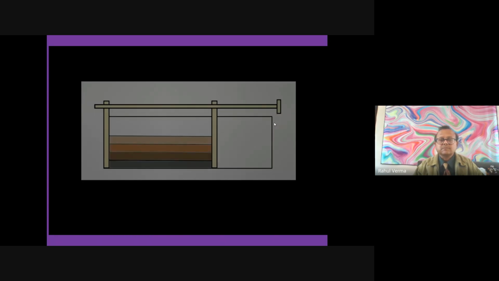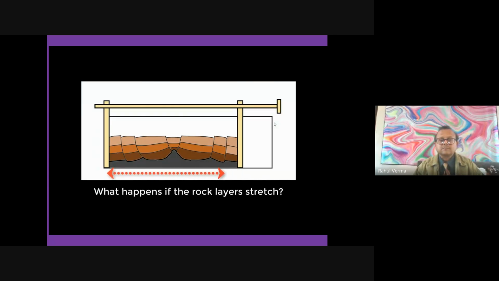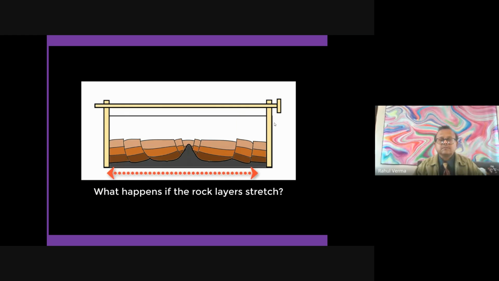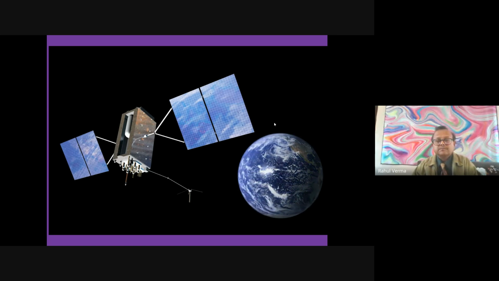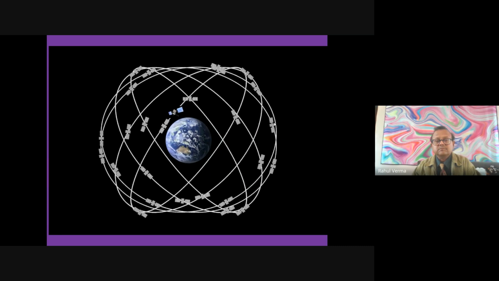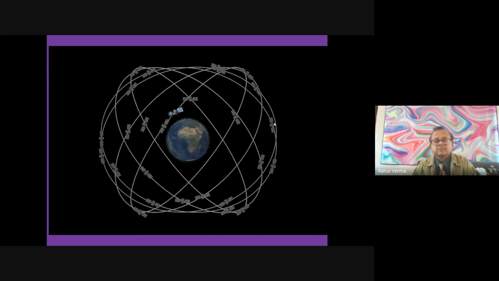They can create numerical models to measure and forecast how the ground might behave in a future earthquake. Some geophysicists use satellites to understand the Earth's changing shape and gravity field, such as the Global Navigation Satellite Systems, including the Global Positioning System, or GPS, which people use to navigate.